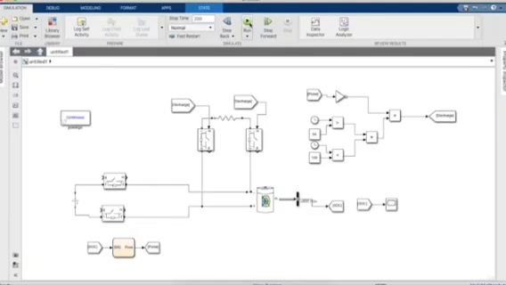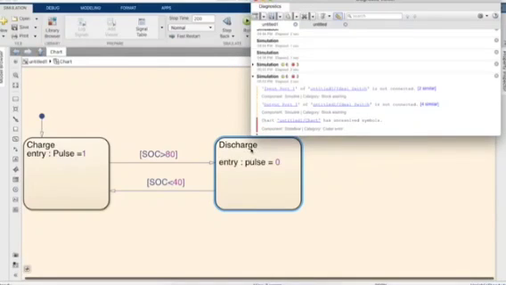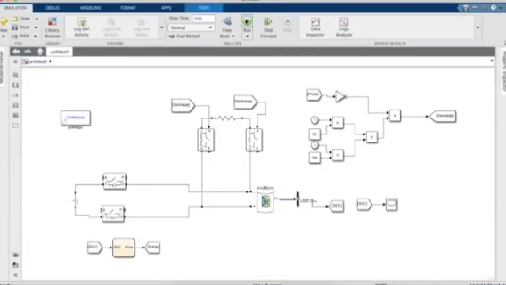So let me run a simulation. Here I made a mistake in naming the parameter. Make sure it is case sensitive, with a capital P. Now start again, and another mistake.